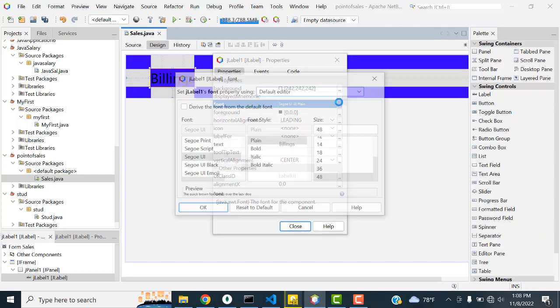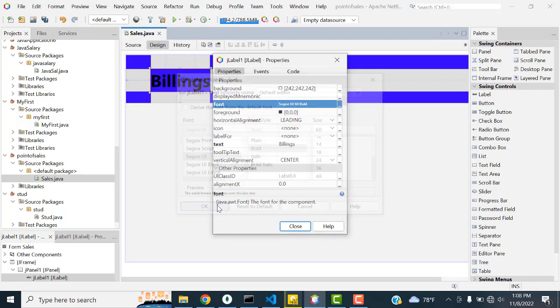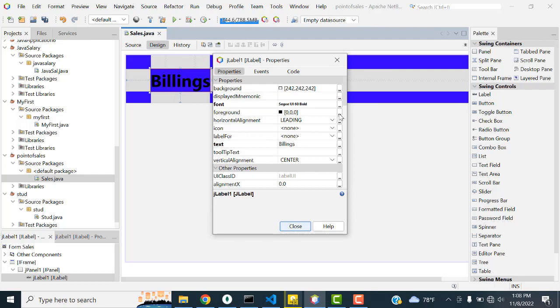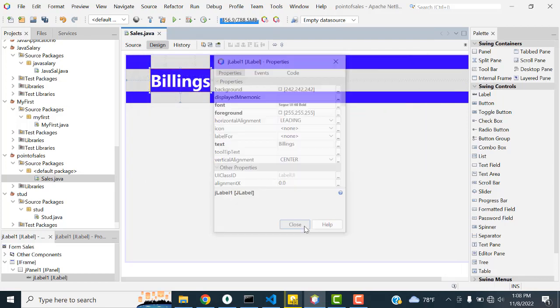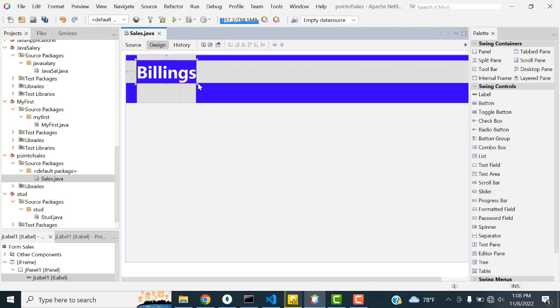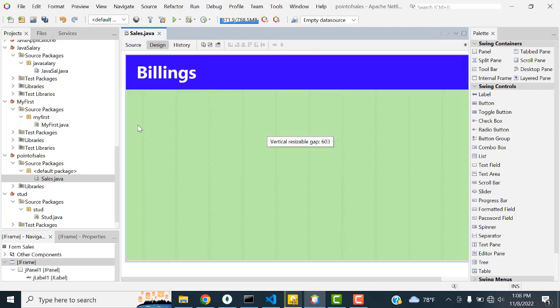Let's increase the font a little bit bigger, to 60, along with bold. Foreground color I'm going to change to white. That's it, billings. Perfect. After that what I'm going to do is, you have to